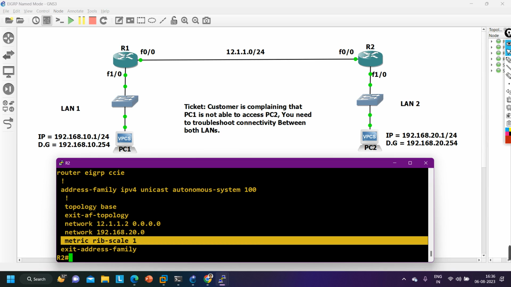This is the reason why router 2 is not installing this prefix, 192.168.10.0, in their routing table. So in case of EIGRP named mode, the metric rib-scale should not be 1. Otherwise it will not install any prefixes which have a metric of more than 32 bits. By default the rib-scale value is 128, so I am going to set rib-scale value 128 on router number